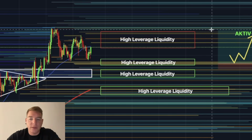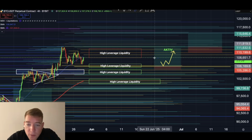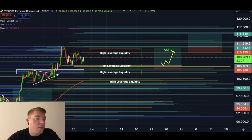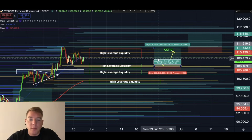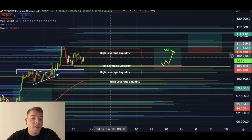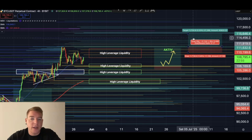If we reach that level, that will also be the close of our current active trade here. That is also more or less halfway through already. So when you look at this, this 2.5% is what we're currently more or less up on this trade. If we would push straight higher afterwards, then we have the next trade set up into